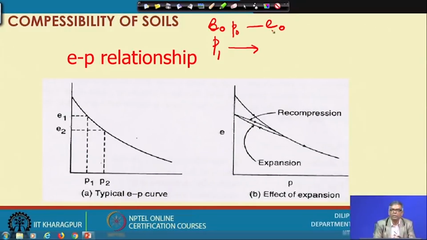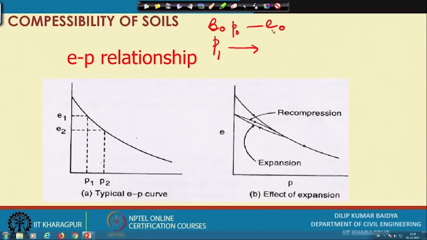Now, if P1 is applied and kept for some time, the soil will be compressed. Suppose after 10 days, or after 2 days, or after 1 day, initially the rate of settlement or compression is quite high, and towards the end it will decrease. Over a long period of time, if you see there is no decrease, or the decrease is very negligible, without measuring pore pressure, I can declare